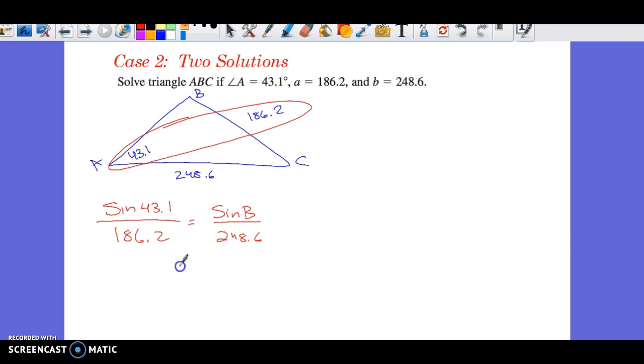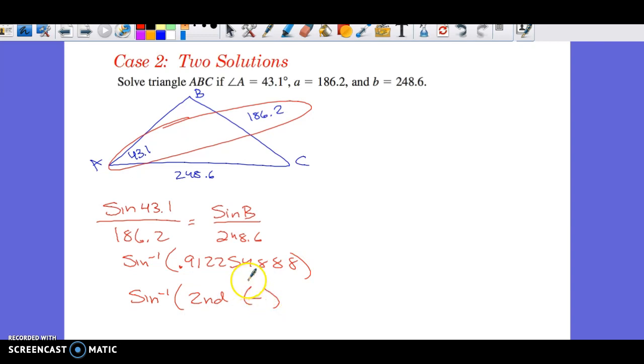I got a long decimal, 0.9122. If you want to, you can hit second sine and then type all of that in. Now, if you don't want to type all these decimals, all you have to do is hit second sine, second